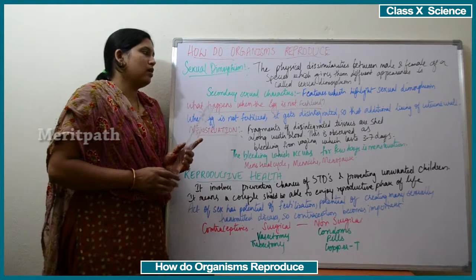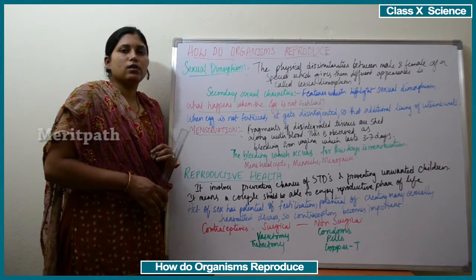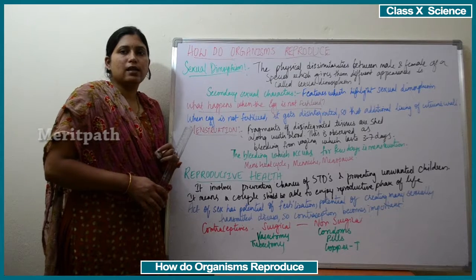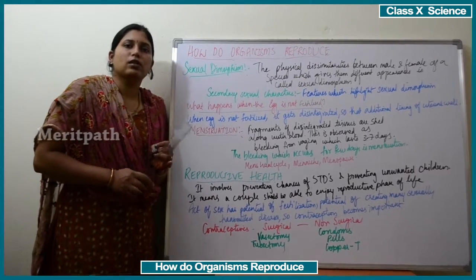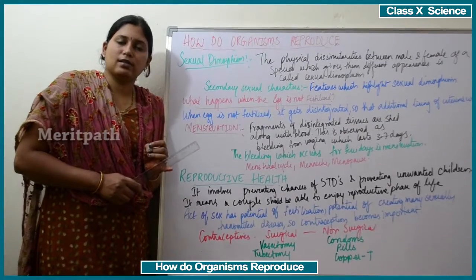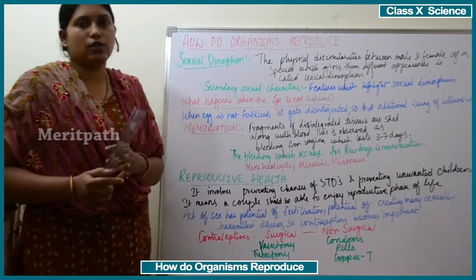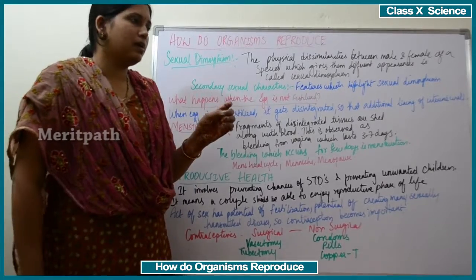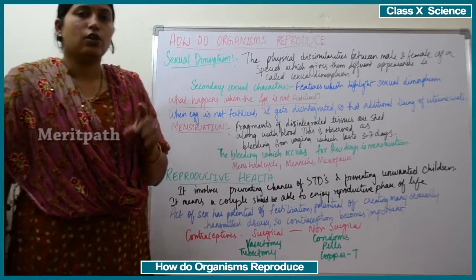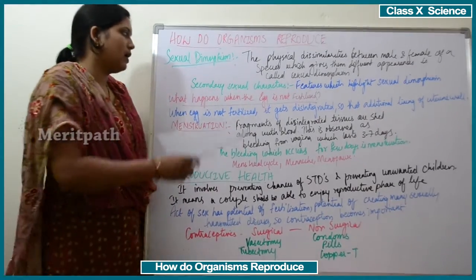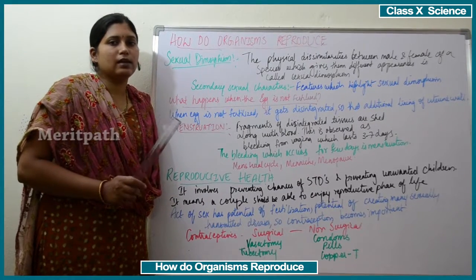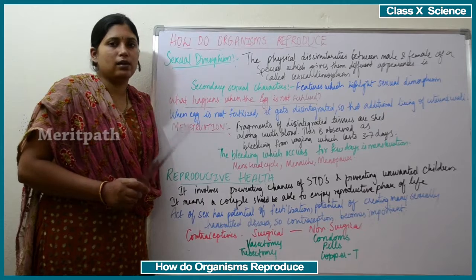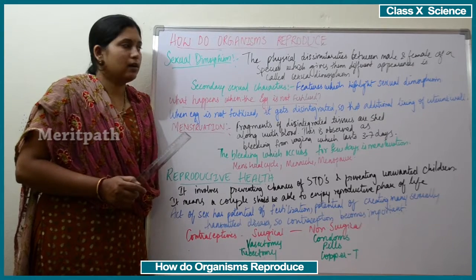So, you know, secondary sexual characters. At the onset of puberty, that is at 12 or 13 years of age, adolescence starts and ends at 19 years of age, right? So this period is also called teenage. In this period the body develops secondary sexual characters, and these are separate in boys and girls.